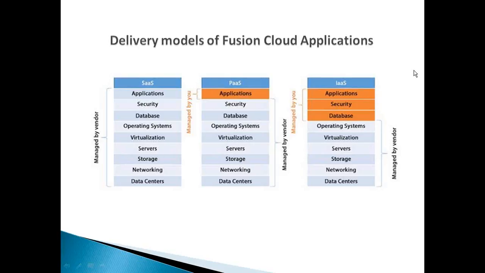So for all three options, you have the prod and the pre-prod. Pre-prod is like a test instance, or you can use it for development if you are going with PaaS. Otherwise, in case of SaaS, you can use the pre-prod as a test instance. Two instances you can get. So maximum of 2 instances for all of them? Only two. If you want more than 2, you have to pay extra.